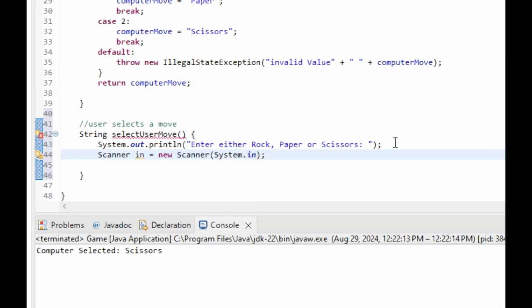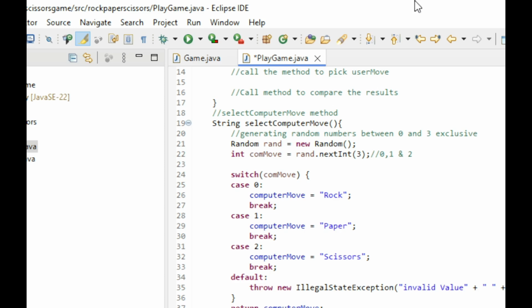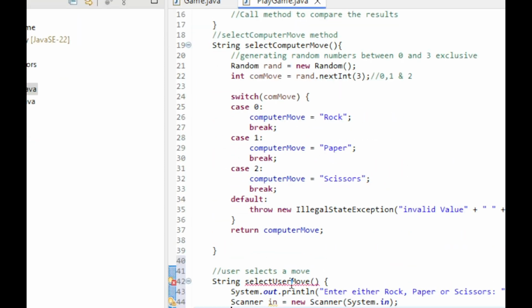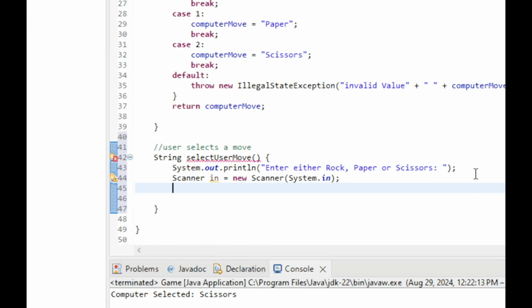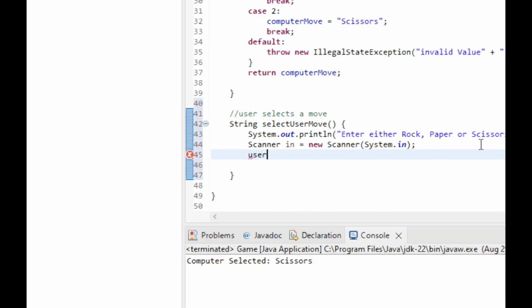Okay, so we need to set up whatever the variable of the user. We have this variable up here. Let me scroll upwards. The user move is what we are setting up here. We are storing whatever the user is going to type in. We're storing it in the user move. So we're going to say user move